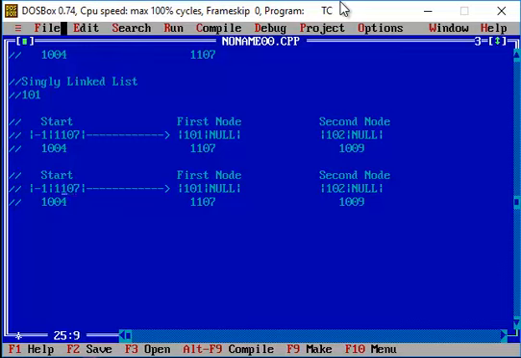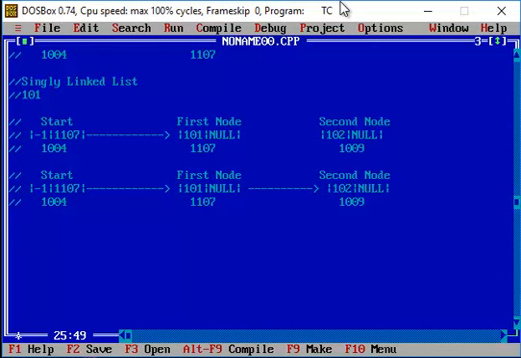Your header node points to the address of the first node. I visit that address and see the element 101, and I have to include this second node in my linked list.